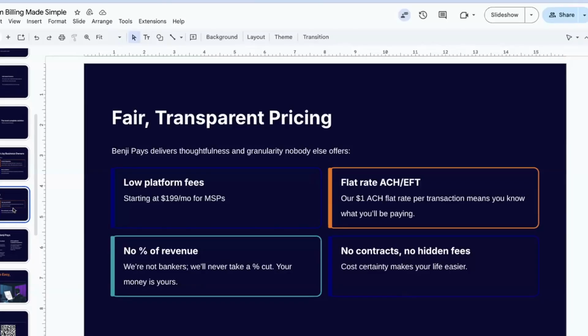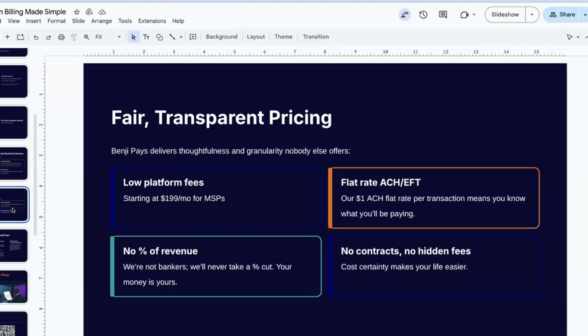You basically present your customers a link. They click, and they can choose: I'm going to pay with credit card, but it's going to cost me 3%, or I'm going to pay by bank and it's free. And that can help. All of that falls to your bottom line, right? It helps eliminate those fees that you're paying to the credit card companies. On the platform side, we have flat monthly transparent fees for the platform that include a set number of invoices. We do not charge you by how much revenue you produce.